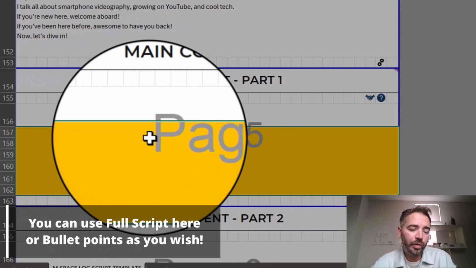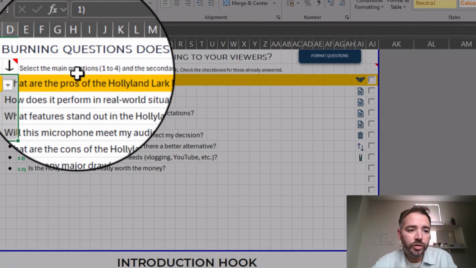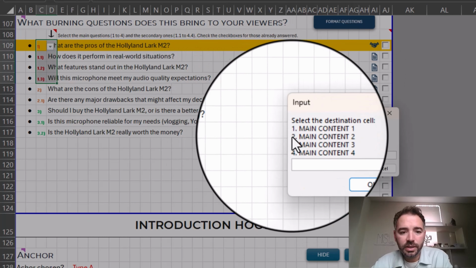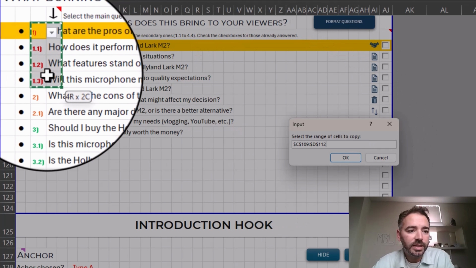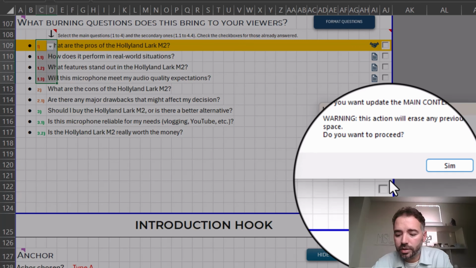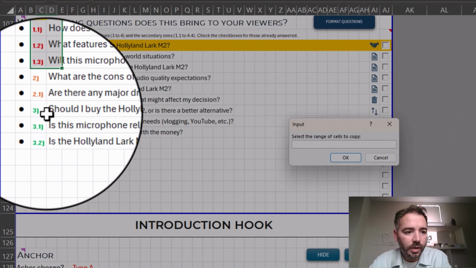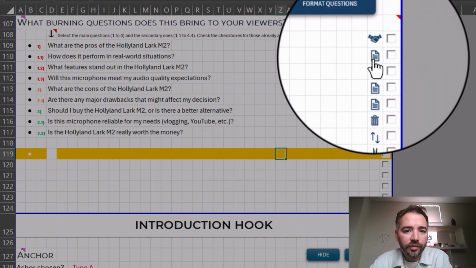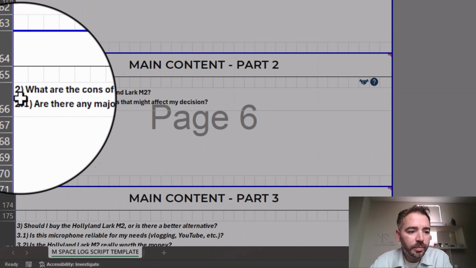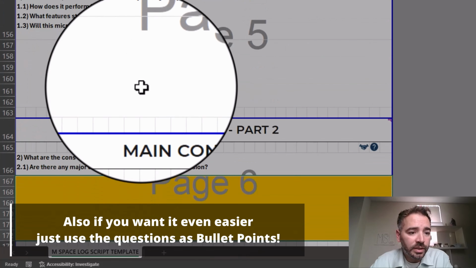So the first thing we are going to do is to paste all the main questions in each part. To do this, I'm going to press this button and fill in the number 1, press OK, select the content that I want to fill in, and boom, it is done. Now again to the number 2, and finally to the third one. Okay. And now if I go to each section, you can see that I have all my main questions and sub questions right here waiting to be answered in this part right here.